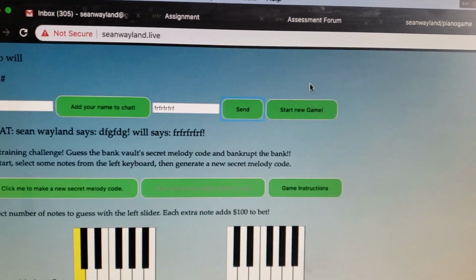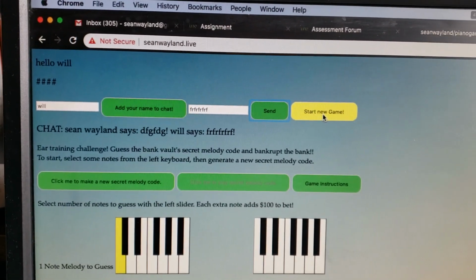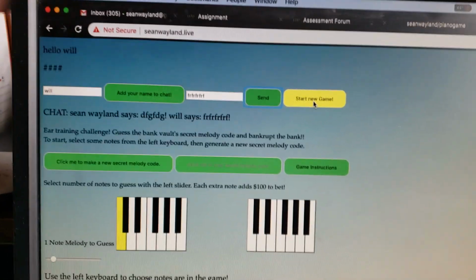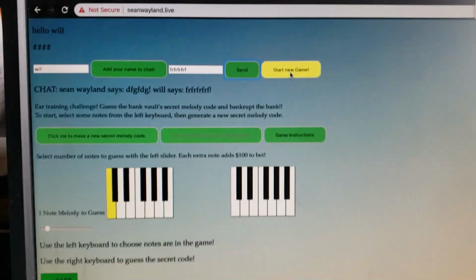There's a start new game button at the moment which just clears the username so that you can add the name Sean again to the number of users playing. So you can talk a bit,